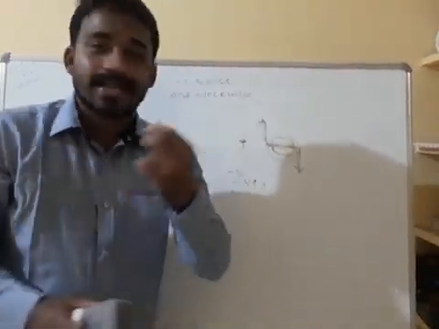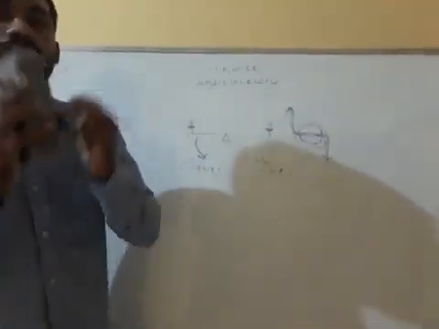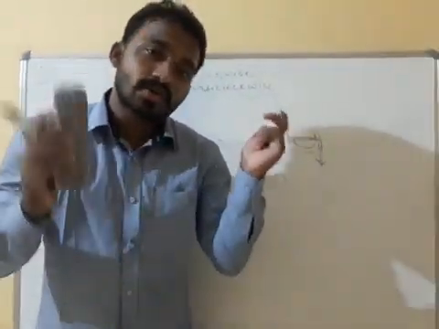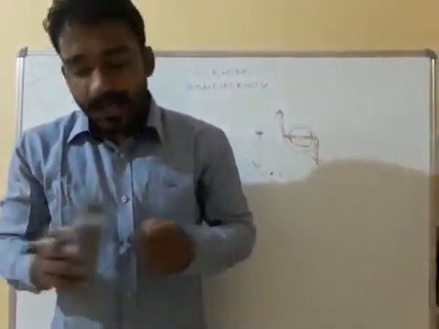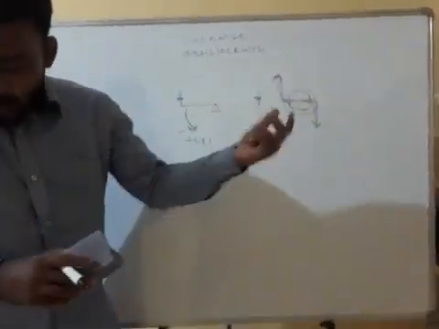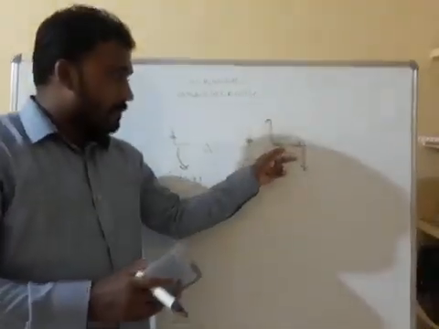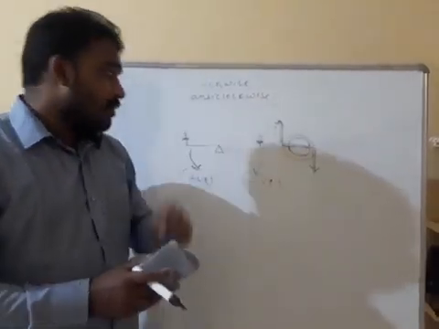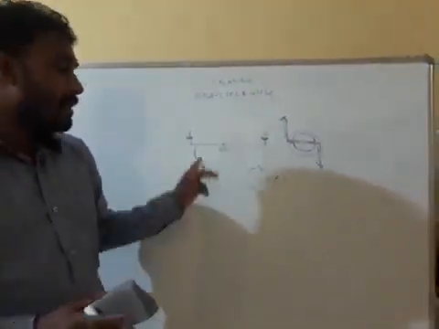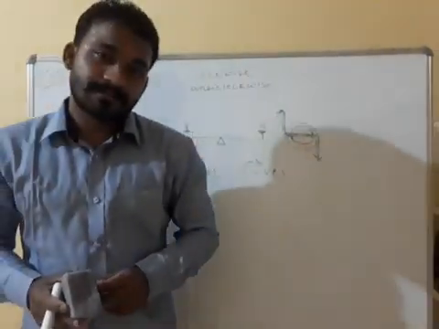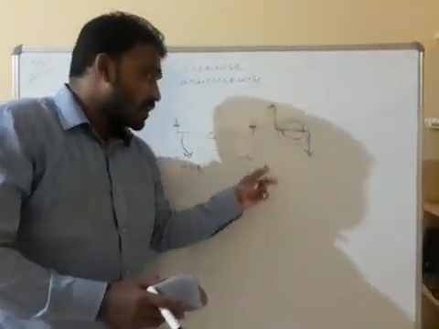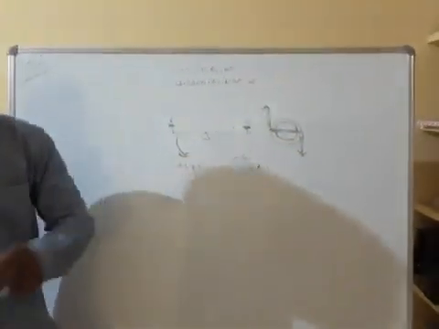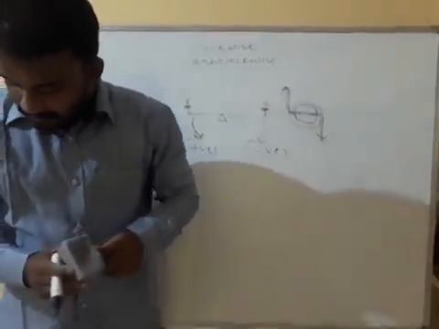Our rotational equilibrium. Equilibrium means equal amount in magnitude will be what? Equal. Clear? Next one, clockwise and anti-clockwise moment. If it is moving in the clockwise direction, then it is called clockwise moment, and otherwise it is called what? Anti-clockwise moment. Understood? Clockwise is taken as negative, anti-clockwise is taken as positive.